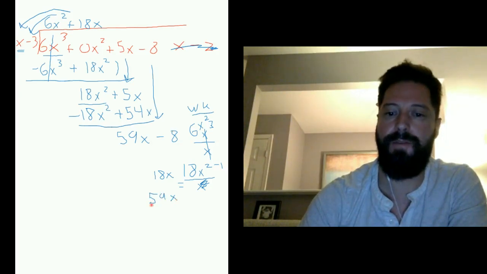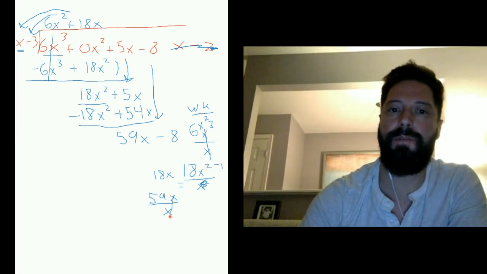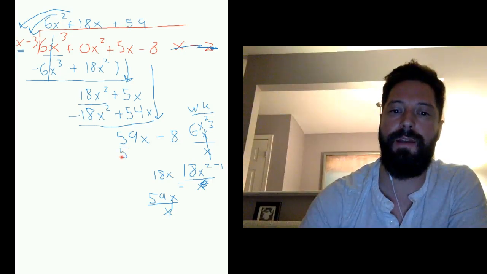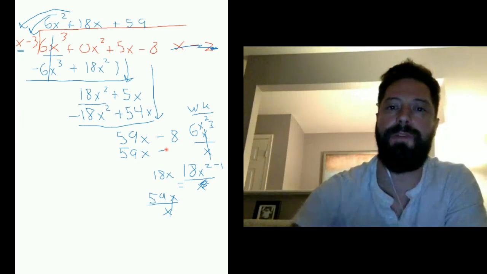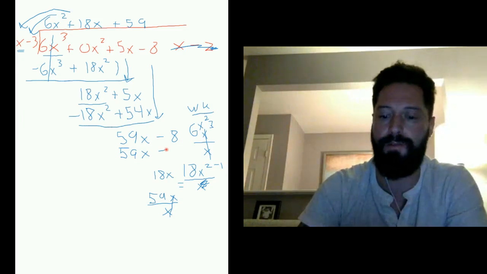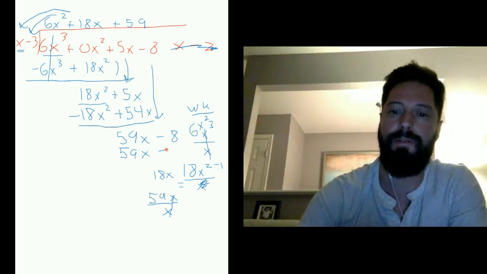Multiply that through, you get 59x minus whatever 59 times negative 3 is, 177. Change the signs and add, so it's 177 minus 8, and we get a remainder of